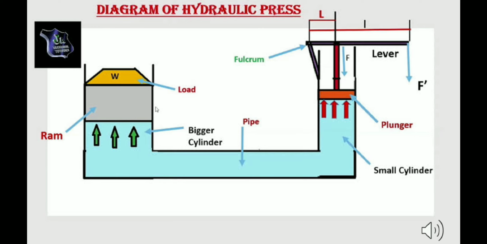You must have seen printing presses, and there are even places where dry cleaners have this to iron the clothes, the heavy clothes, the clothes which are thick enough to be ironed through the hydraulic press. Now how is it done? We are going to see over here. Now what happens is a small force is applied on the smaller area which we can see over there. The lever is there and the force has been applied over there, and then it presses down.